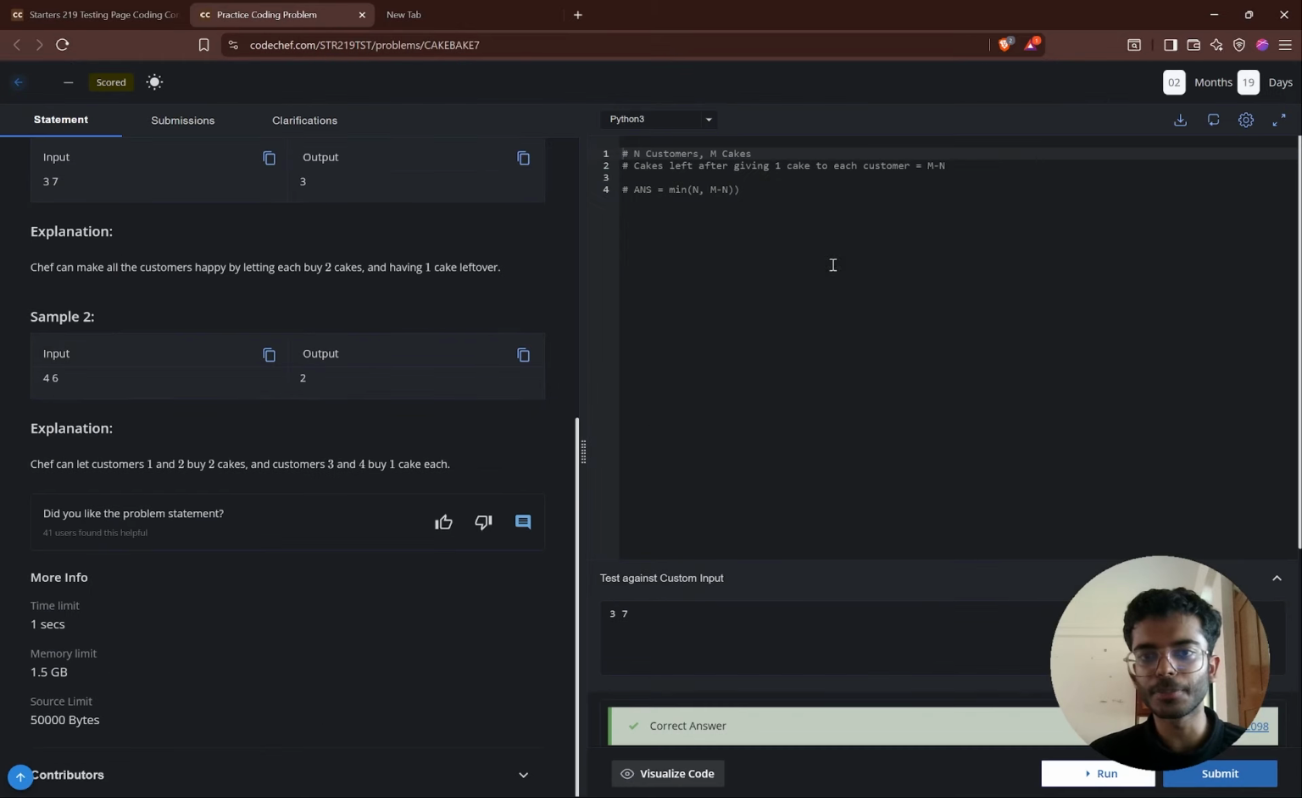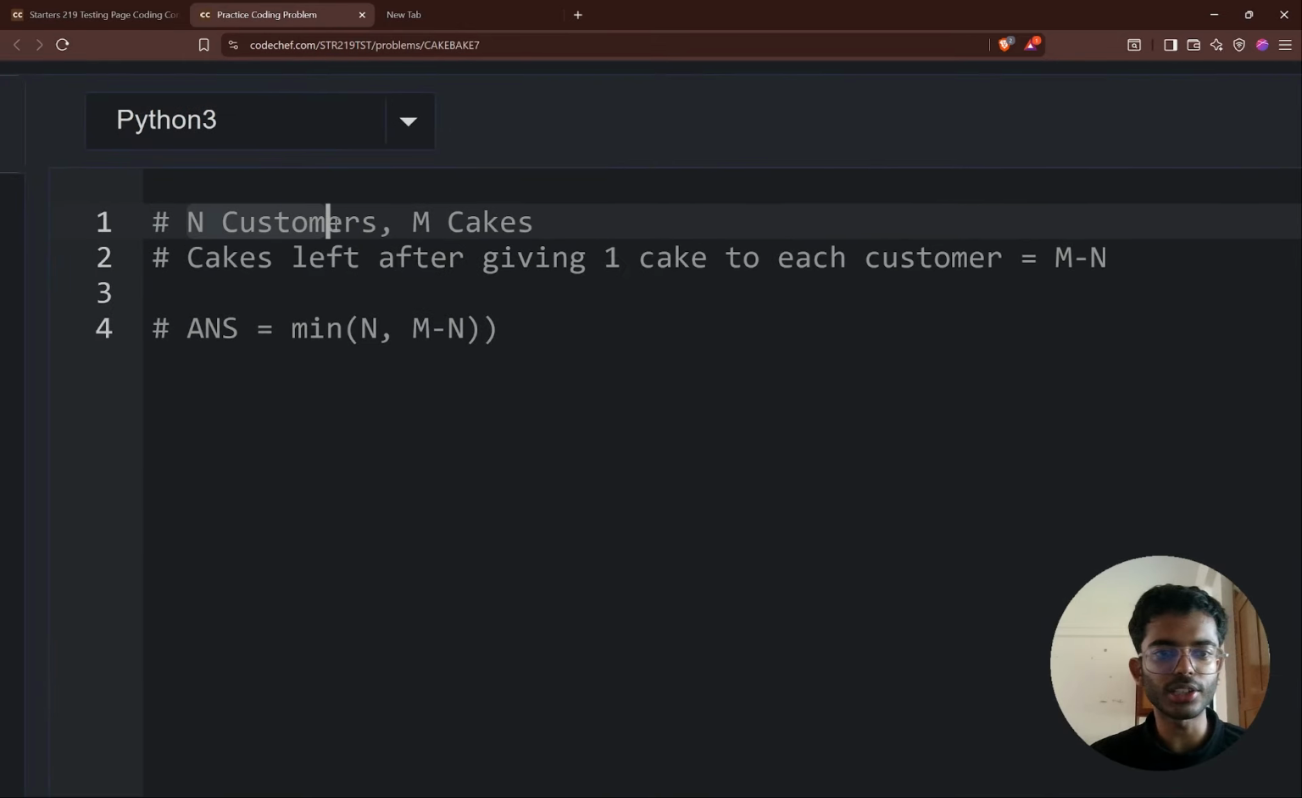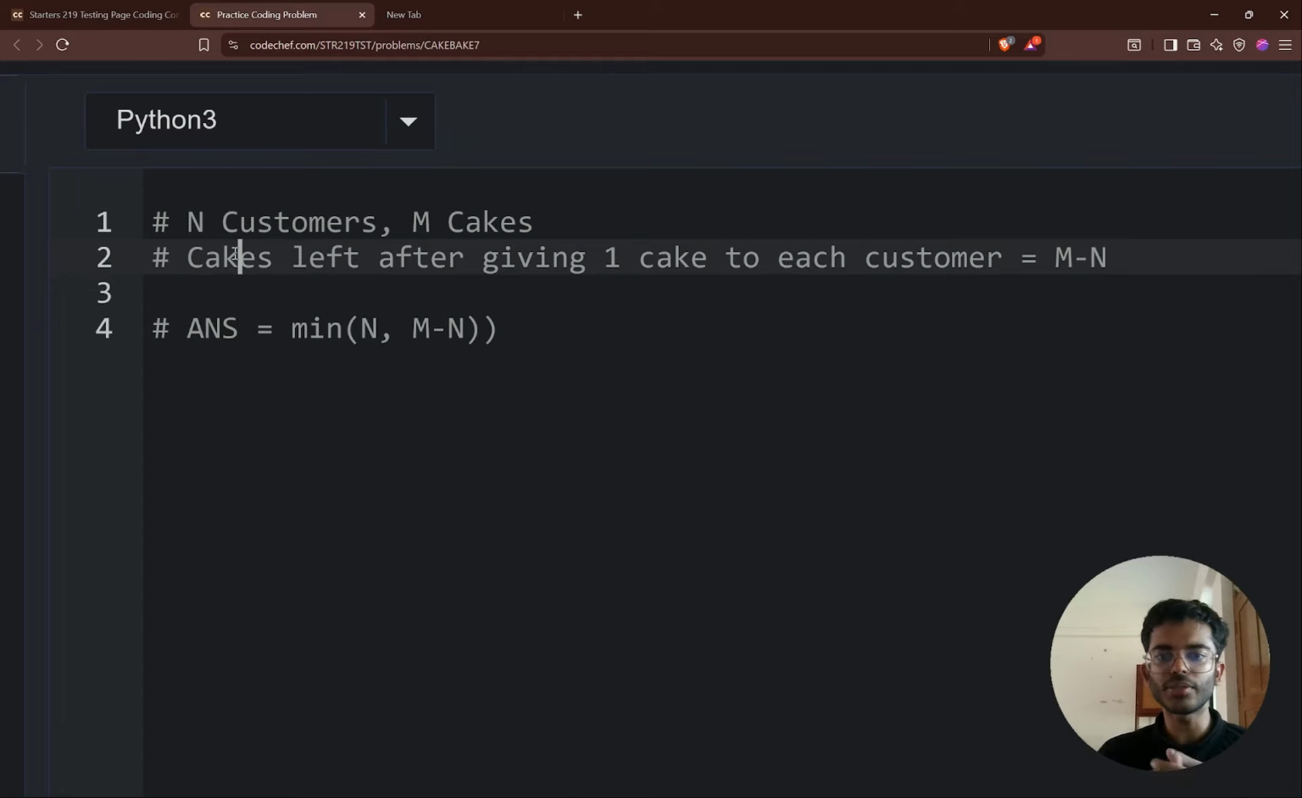Now let's see the solution. So in the solution, we have N customers and M cakes. Basically we need to give at least one cake to each customer, right? So let's count how many cakes are left after giving one cake to each customer. That would be M minus N, where M is the total number of cakes. We are giving one cake to each customer, so we are still left with M minus N cakes. Now we can give those M minus N cakes to the maximum number of customers we can,